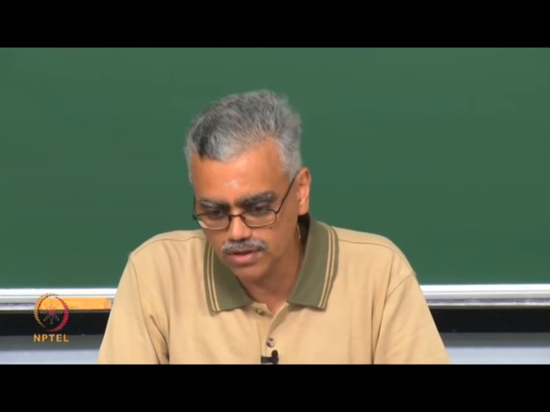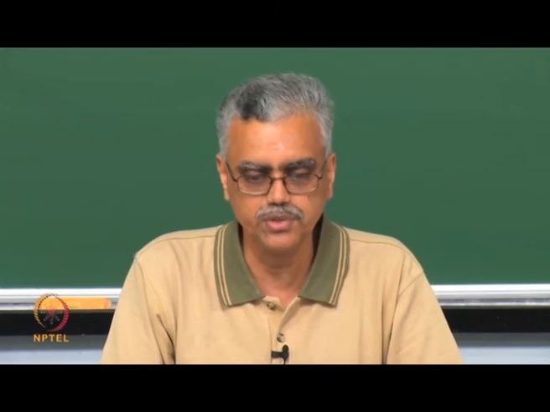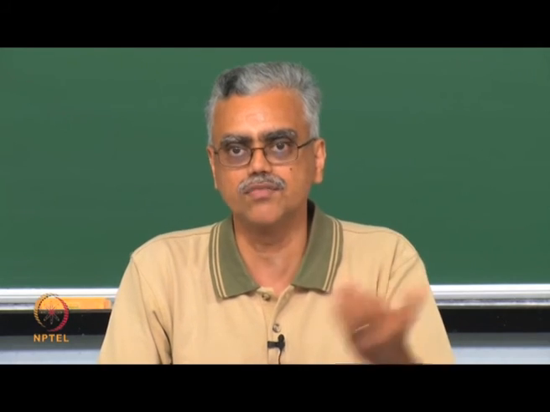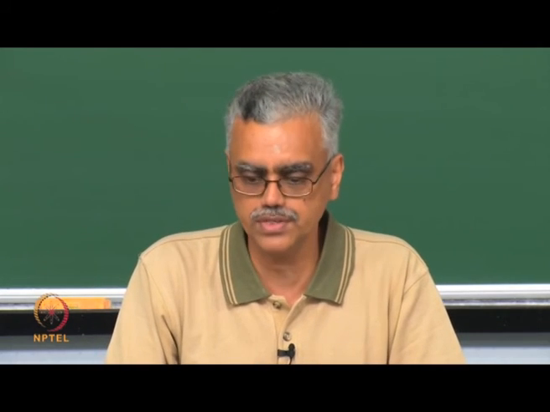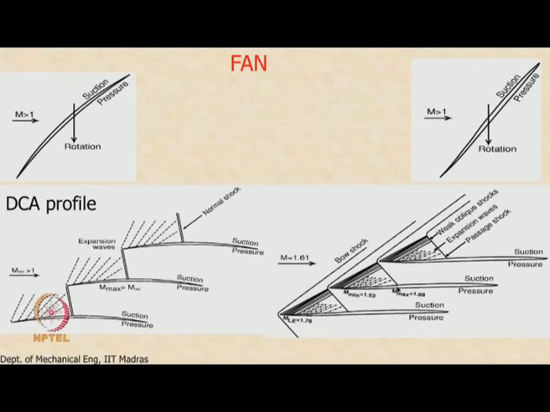So we do this concave and then convex corner so that we do not get into a situation like this where the Mach number goes from a free stream value of, let us say, 1.6 to maybe 2 or more than that. Instead, this concave and convex surface will ensure that by the time we hit the entrance of the blade passage, you are at about the same Mach number as the free stream Mach number.